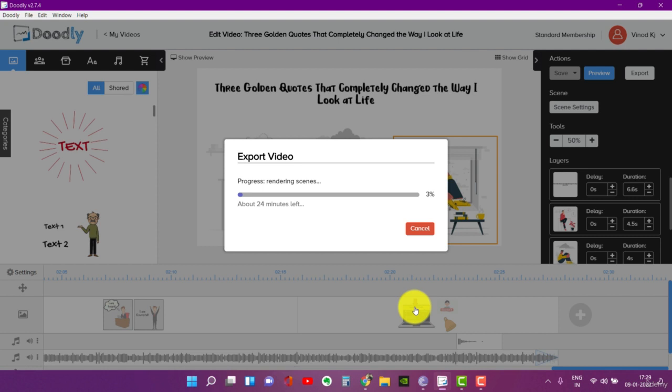You have successfully completed making a YouTube video, then exported it. Now just one more procedure: go ahead and drag and drop your video into YouTube and make it shown to all the